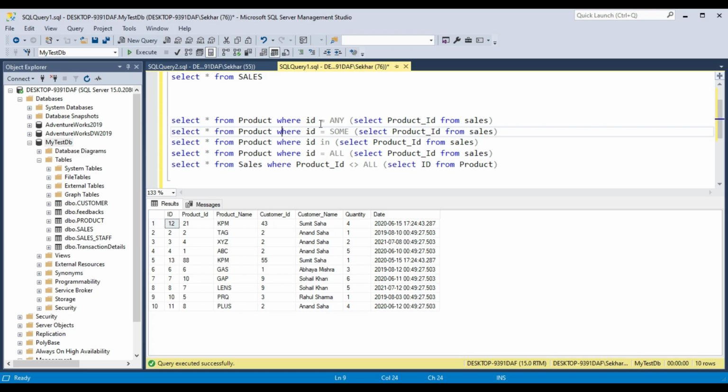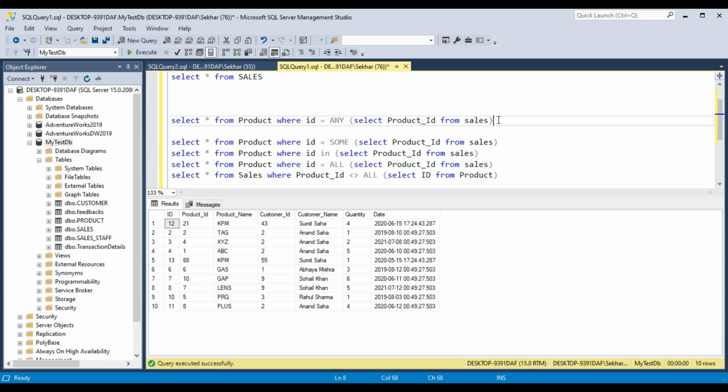Let me explain one of these queries, the one I've highlighted. This is what we call the inner query, and this query which is taking value from the inner query is the outer query. This is basically a subquery structure, and there are a few operators I have used here like any, some, in, all. Exists and not exists are also there, so we'll look into them in detail.